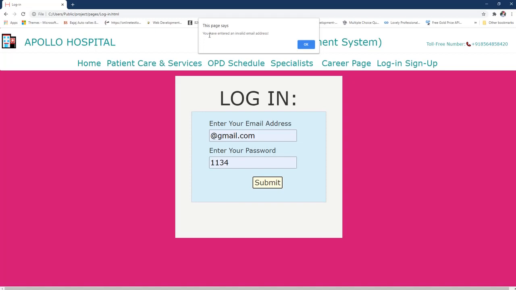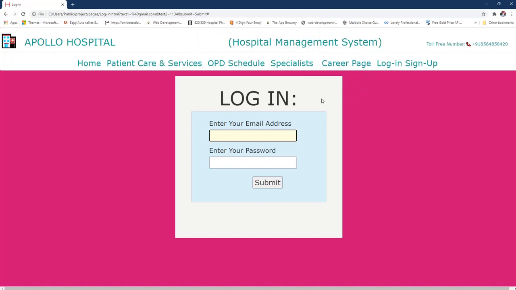See, this is the beauty of JavaScript. It tells us that you have not entered a valid password and you cannot go to the next web page due to invalid password. That's why we have to write the correct email and correct password to go to another web page.